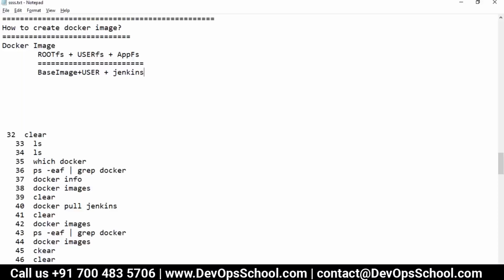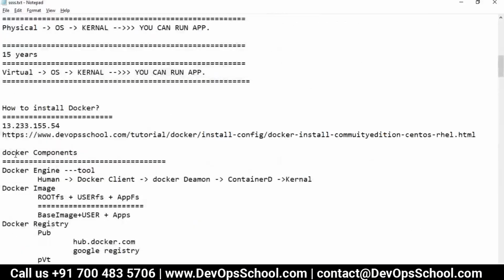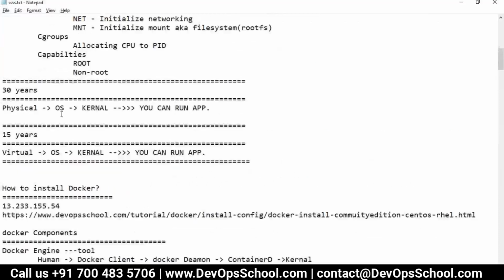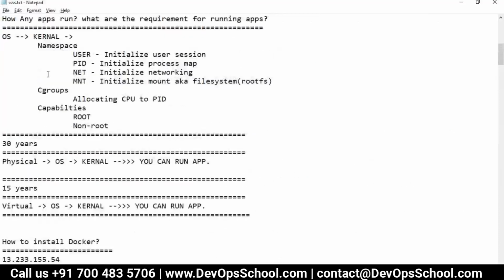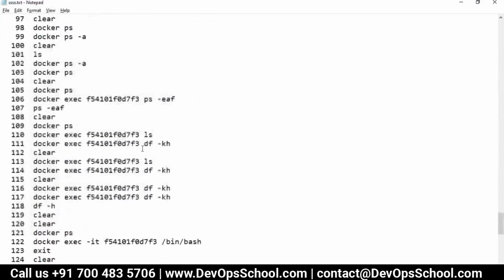The application can be anything, but it requires the root file system to run, because here I said very clearly what things you need to run applications. Guys, got it? Everyone? Yes, yep.